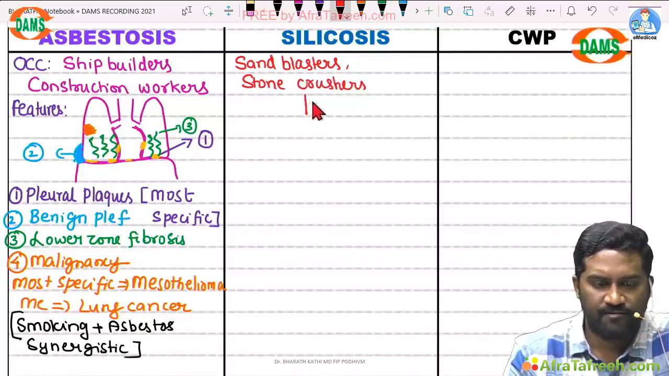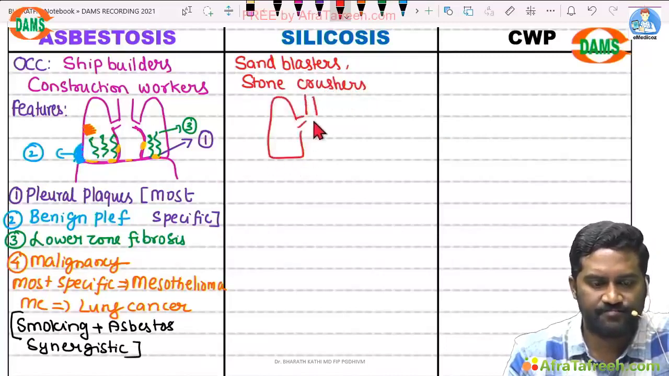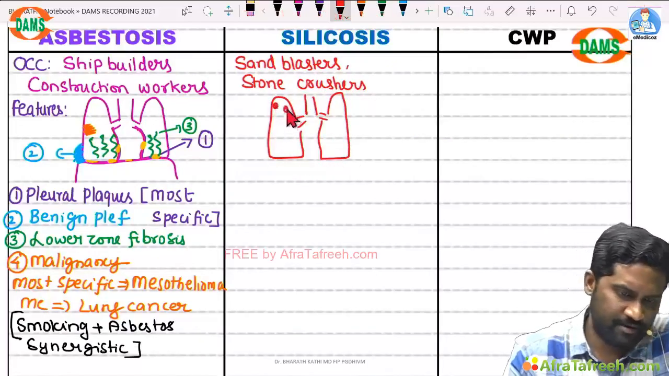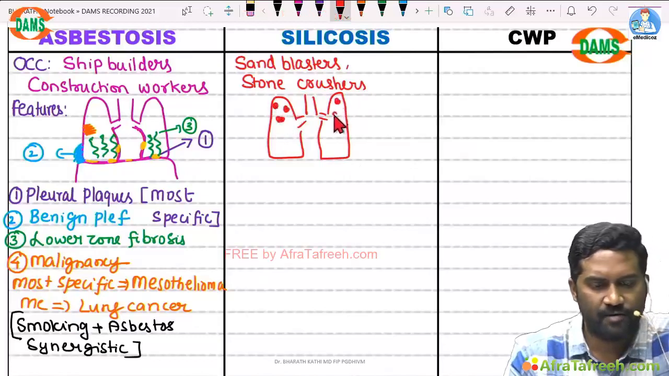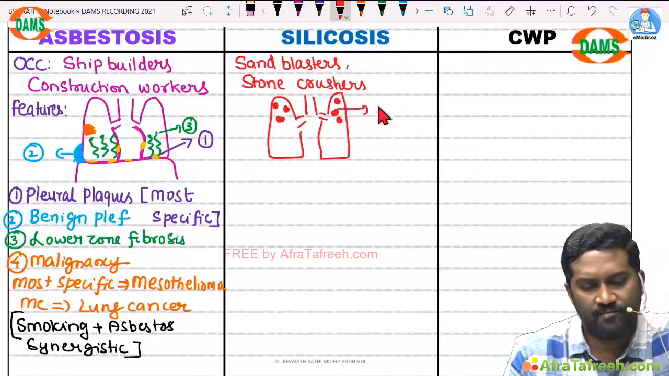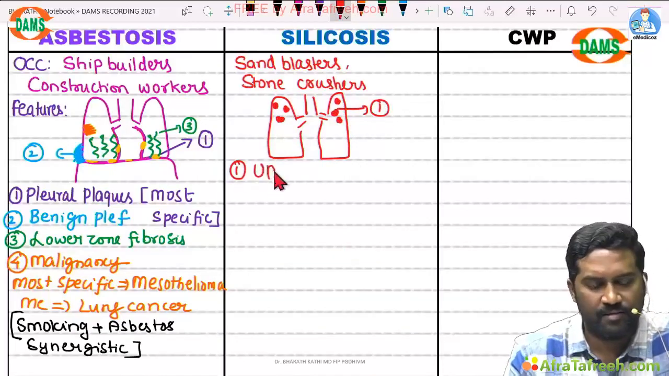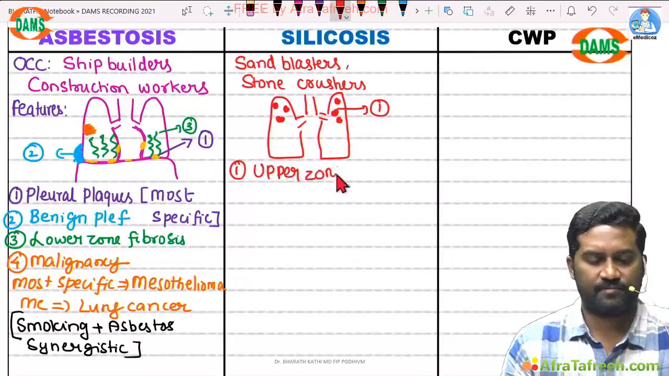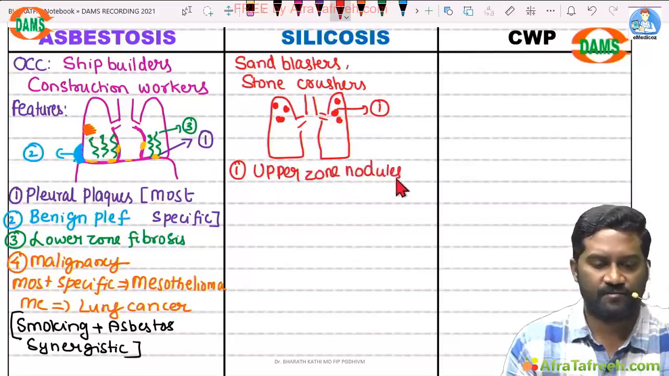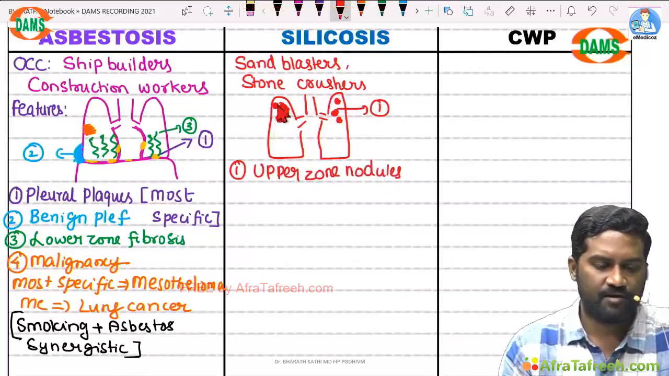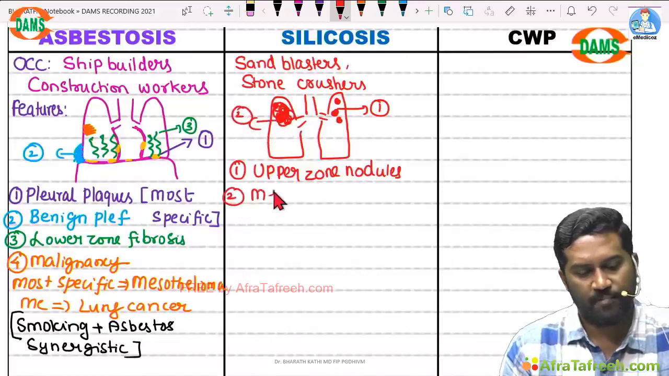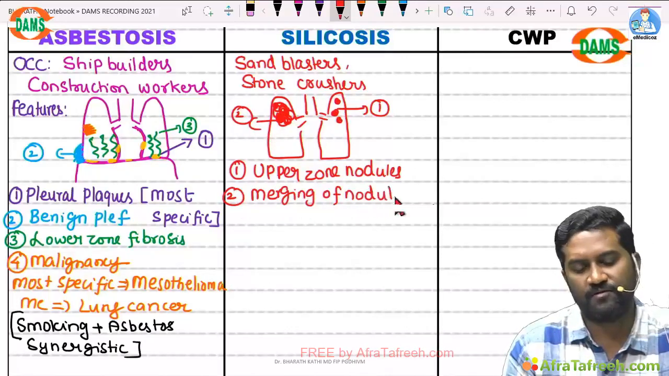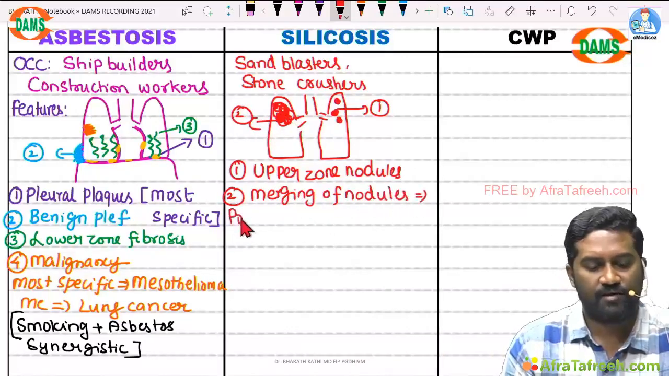Coming to the important features, consider this is the lung. Initially there will be upper zone individual areas of involvement. These upper zone individual areas of involvement are upper zone nodules. As time progresses, these nodules will merge into large areas of fibrosis. There is merging of nodules. This merging of nodules is called as progressive